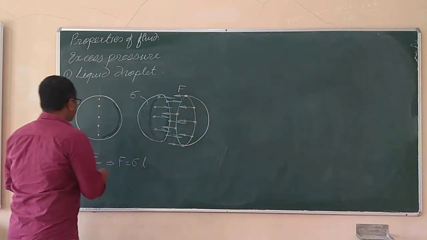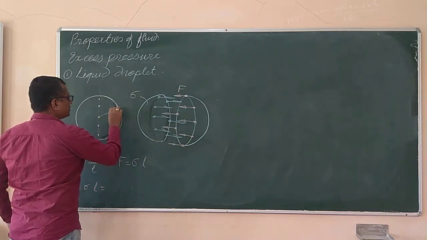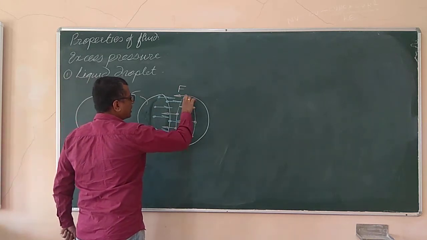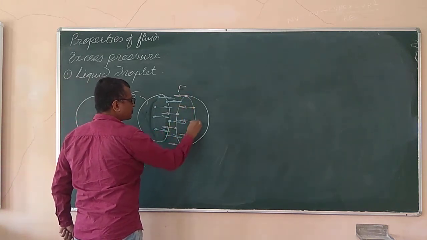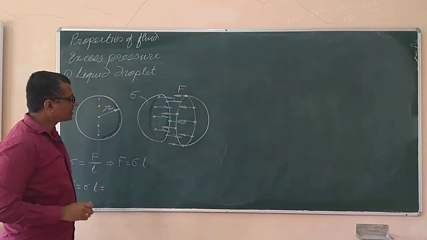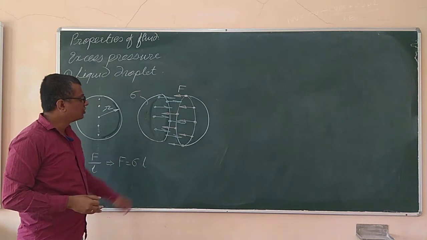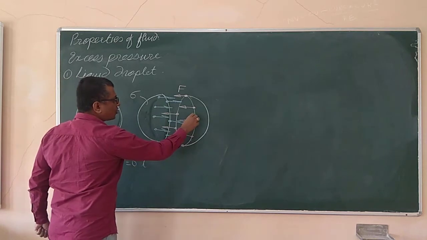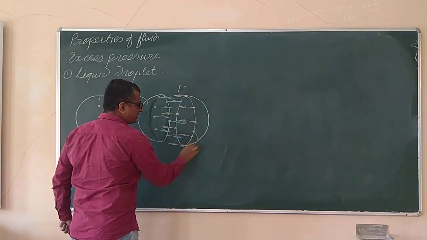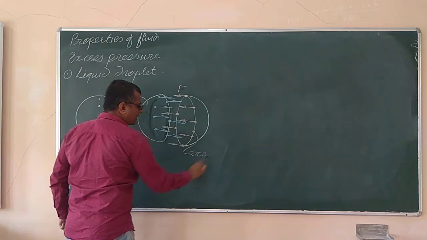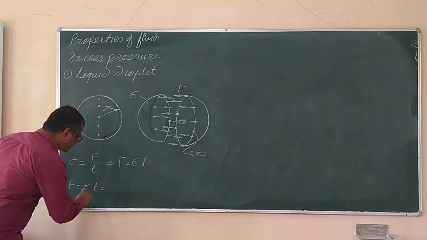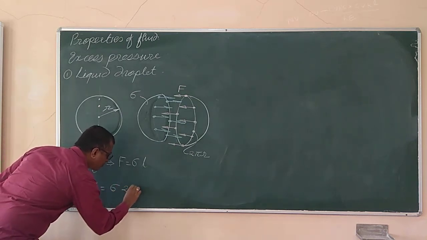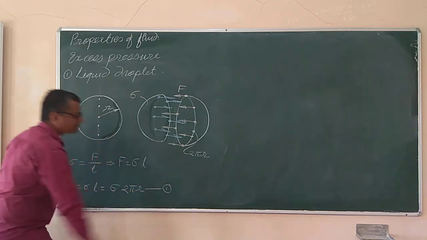Now if I consider the radius of this sphere as r, the same will be the radius over here, and the entire length of this periphery is nothing but the circumference of this circle, where we have divided the sphere into two hemispheres. So the circumference will straightforwardly be 2 pi r. So the effective length on which the force due to the surface tension is acting is 2 pi r. So the force due to the surface tension will be sigma into the effective length, 2 pi r. Say this is equation number 1.